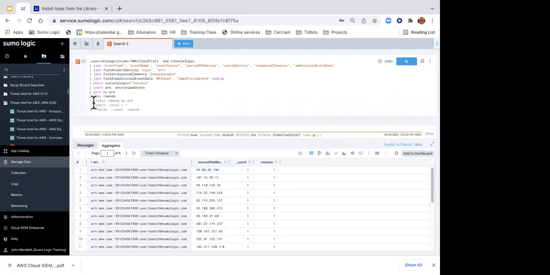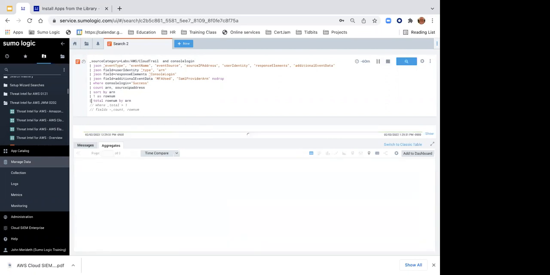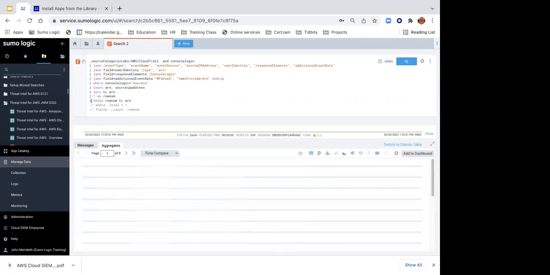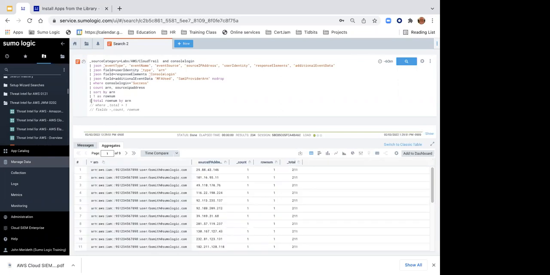And now what I want to do is I want to see the total of my row num based on my ARN. So now I see it looks like B. Smith has logged in a total of 211 times from these various IP addresses.